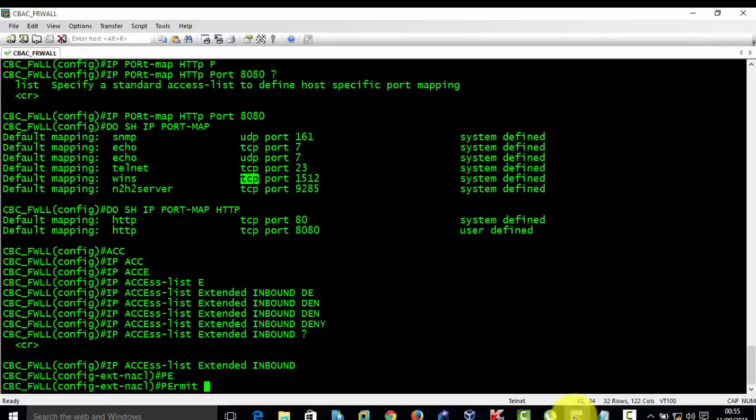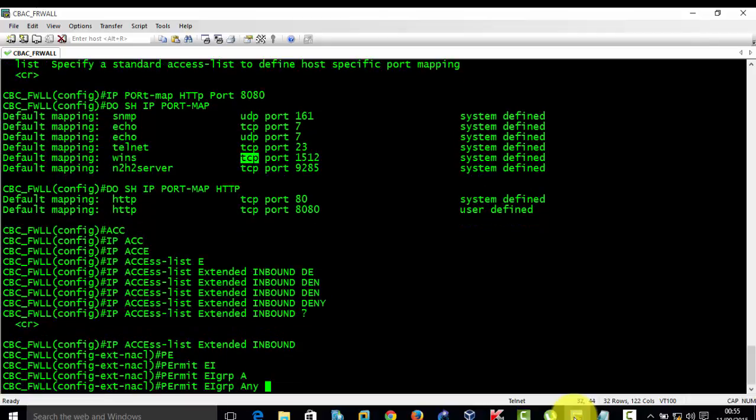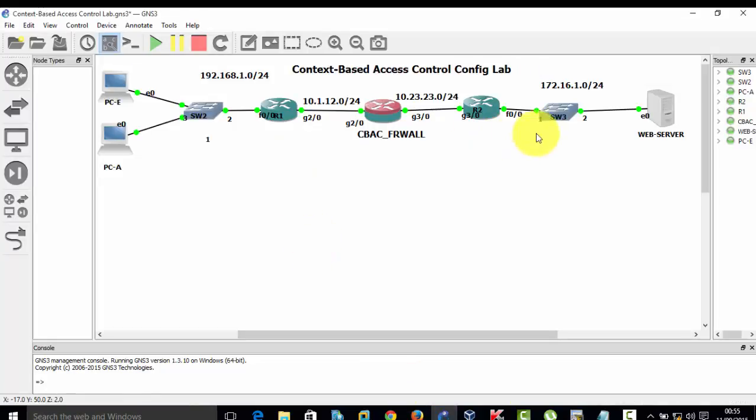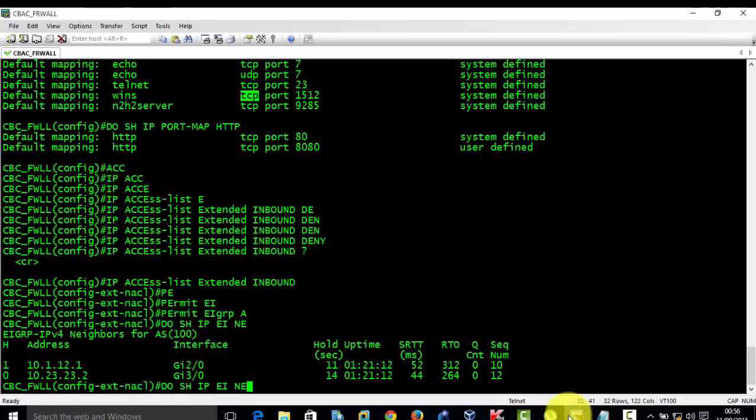So permit EIGRP any, because we do have show IP EIGRP neighbors. So we got the EIGRP. If we deny everything, then we will lose our neighbors. So we allow only the protocol that is making the connectivity,